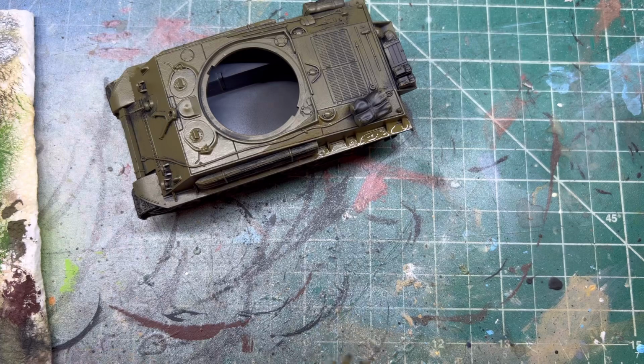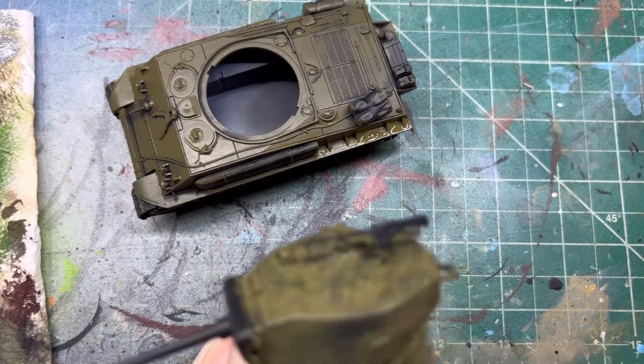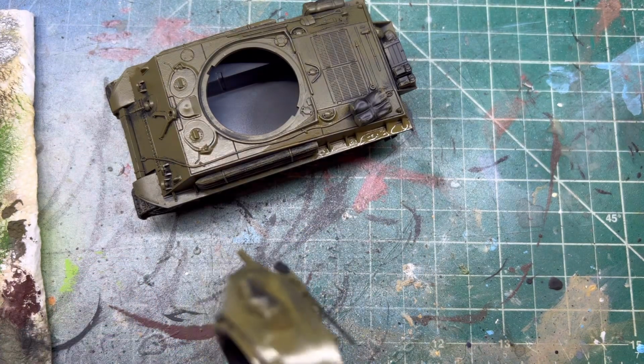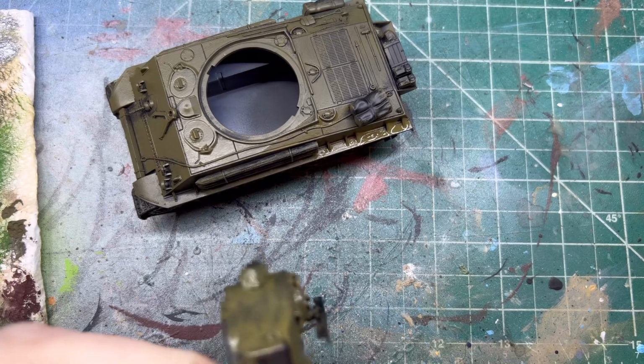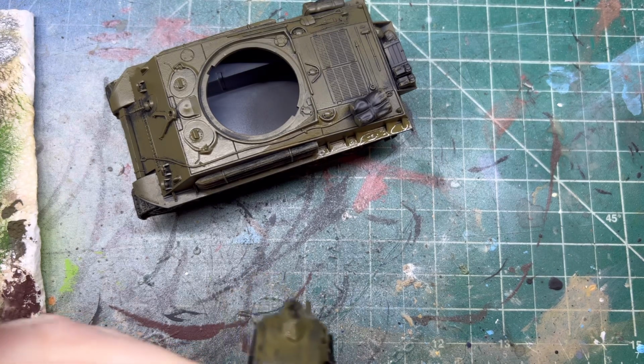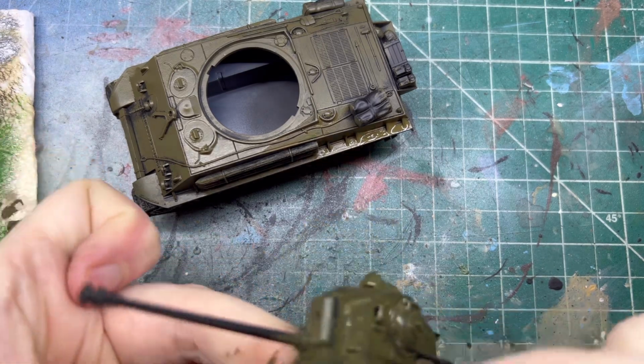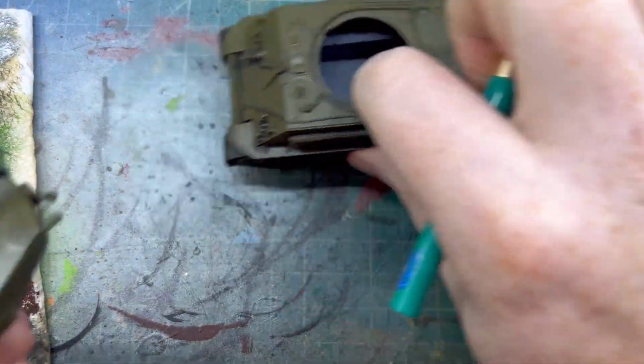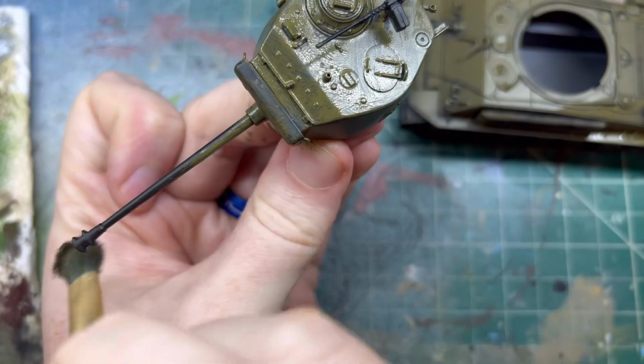Just get a nice base coat on here. And go to the front. Do the same. Sorry if I pull it out of frame, it's just a little